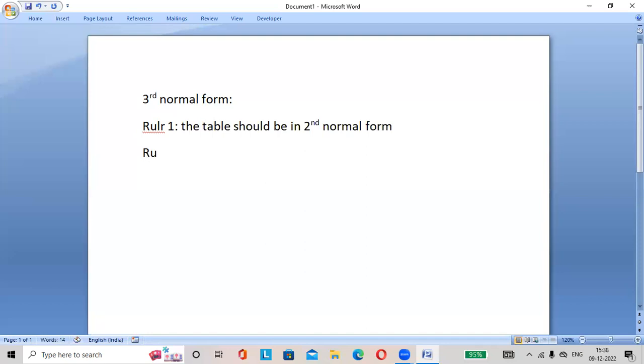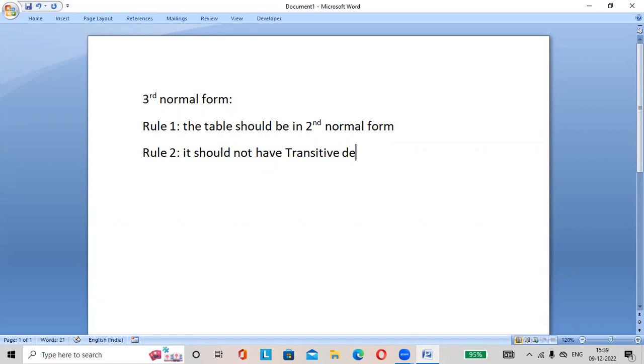Rule 2: it should not have transitive dependency. Okay, these are the two rules of